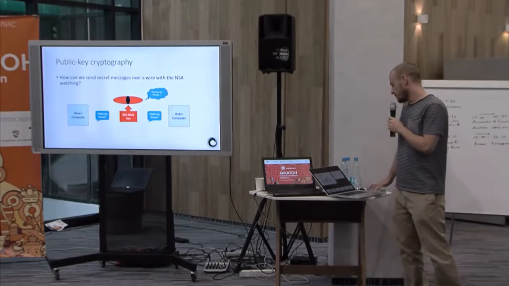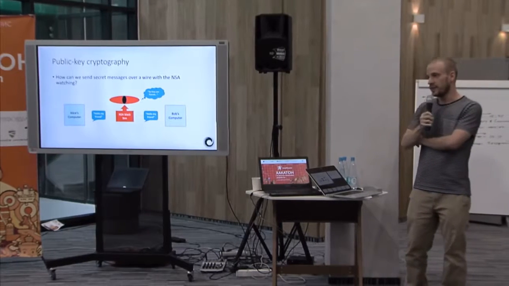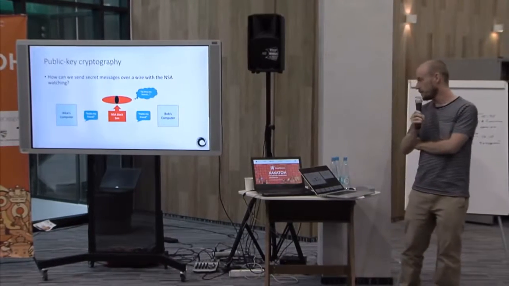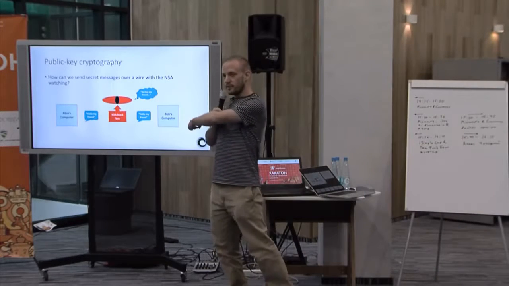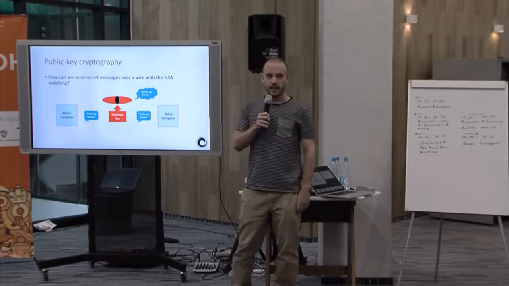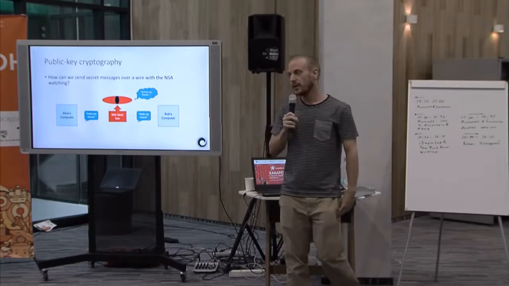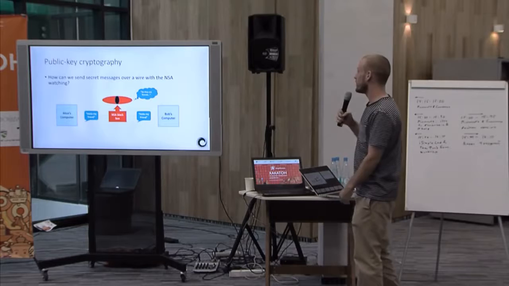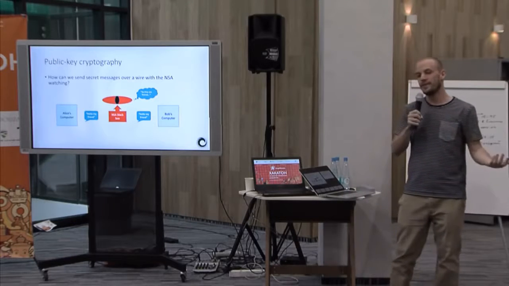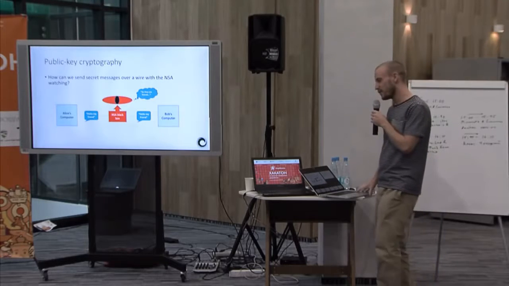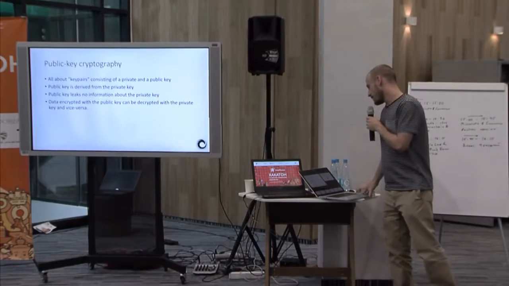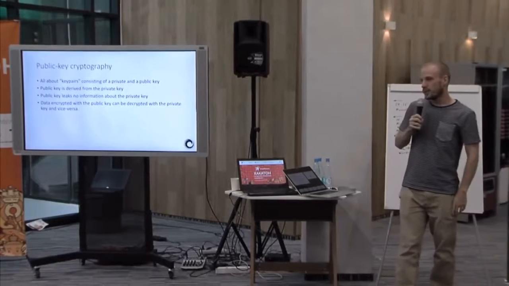Okay, the second thing that you need to understand, for understanding blockchains at a basic level, is public key cryptography. So our problem here: Alice wants to send a message to Bob, but the NSA is watching the network. So Alice says, "Hello, my friend." Bob receives this message, but so does the NSA, and now the NSA knows that they're friends, and we don't want that. Maybe they want their friendship to be a secret. All right, so we solve this with public key cryptography.